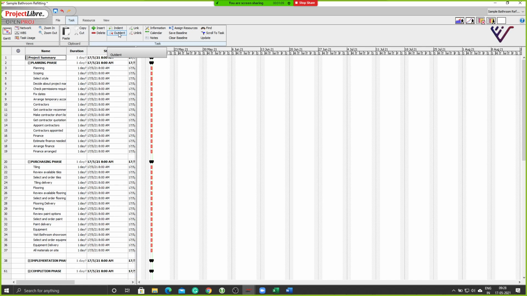So I have a doubt. If I want to move one activity from purchasing phase to planning phase, can I just copy paste it, or do I have to do something else? Sorry, I didn't get. So you want to take one of the activities and put it under a different phase? Yes, correct. Yeah, you can copy paste it. Let's say if you have to take one of the activities from the planning phase and keep it in the execution stage, can we do that? Yeah, you can copy paste that activity. You can duplicate multiple activities, or you can remove it from here and you can place it wherever you want.